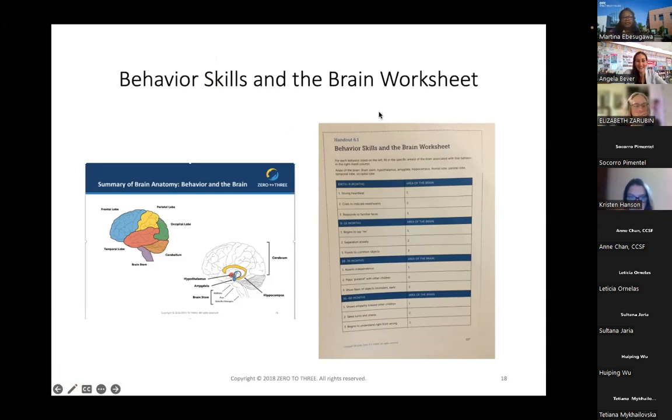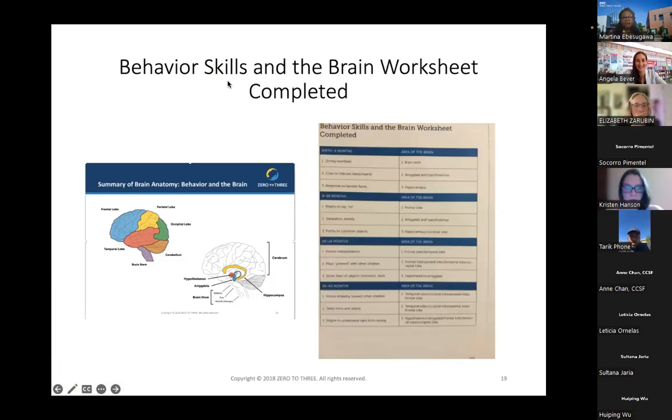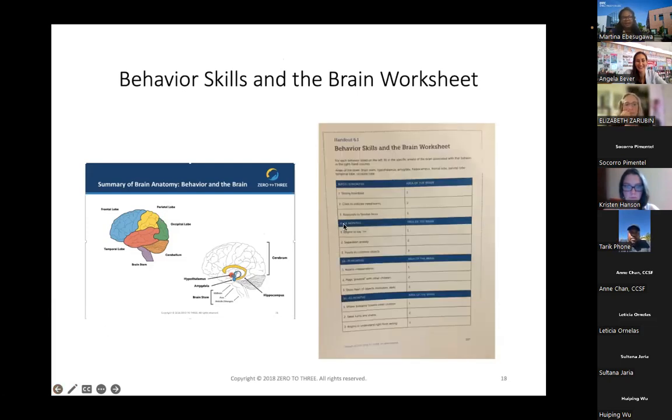Good. And we'll do the last one together, and then we'll go into our groups. The last one is response to a familiar face. Oh, I'm giving you the answers. You're looking at the answers. No wonder you're getting it. I'm giving you the one with the answers. Here we go. Response to a familiar face. What do you think that would be? Remember the section that has to do with memory? Yes, the hippocampus. Wonderful. Okay, great.